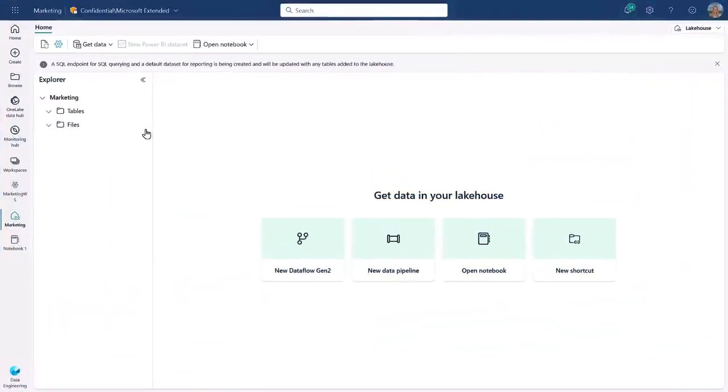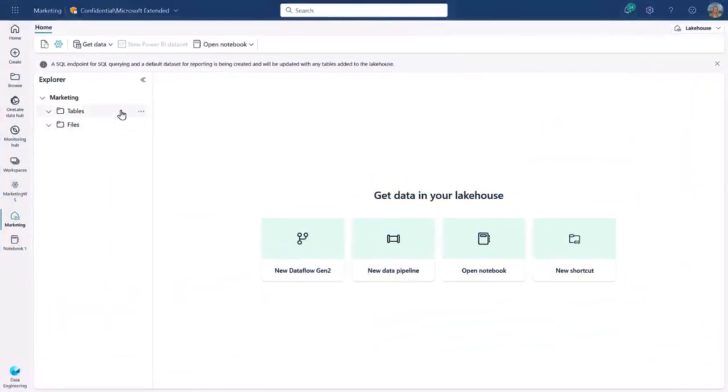Sure, so let's jump back into our workspace, and I'm actually going to create a new item called the Lakehouse. There are many ways you can ingest data into the Lakehouse. For example, you could use data integration tools like data flows and pipelines, but I'm going to use our new shortcuts capability so I can work with the data even in external storage accounts natively in Microsoft Fabric without the data ever moving from its location.